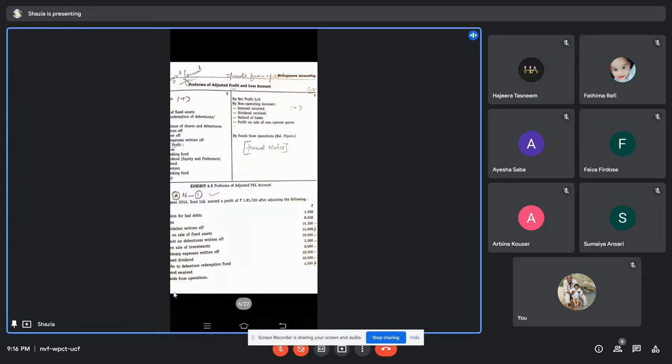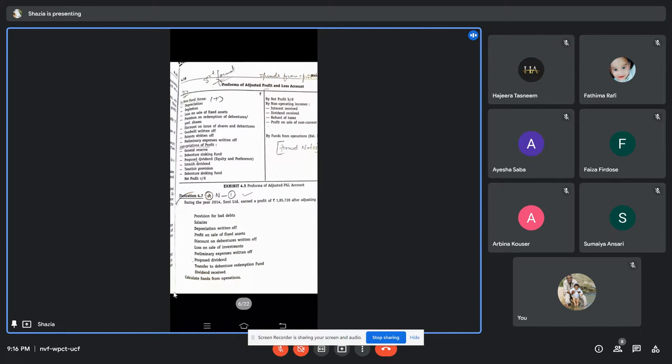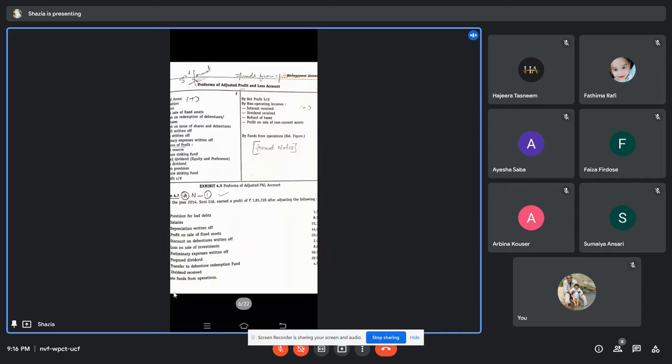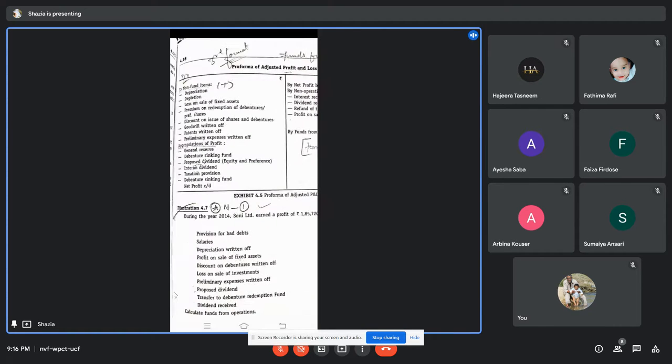Then next, your expenses come towards the debit column, and your incomes and gains come towards the credit column. Next we have non-operating incomes, any incomes from interest, that is from indirect sources. If you're receiving any extra incomes, they will be taken in this column: interest received, dividend received, refund of taxes, profit on sale of non-current assets. One thing you have to remember: loss on sale of fixed assets.